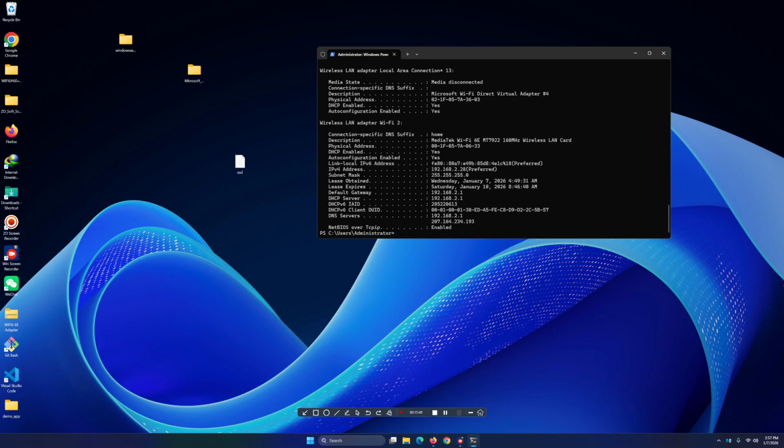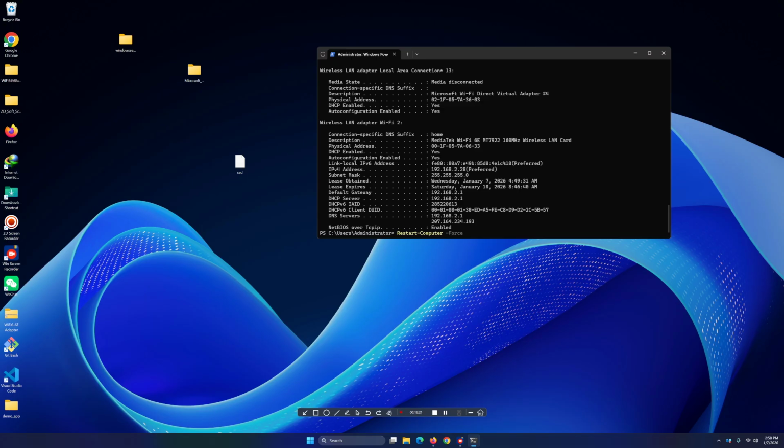To restart the computer, you type Restart-Computer, and then you force it, and the computer will restart. And then if you want to verify that the change took effect, you will type